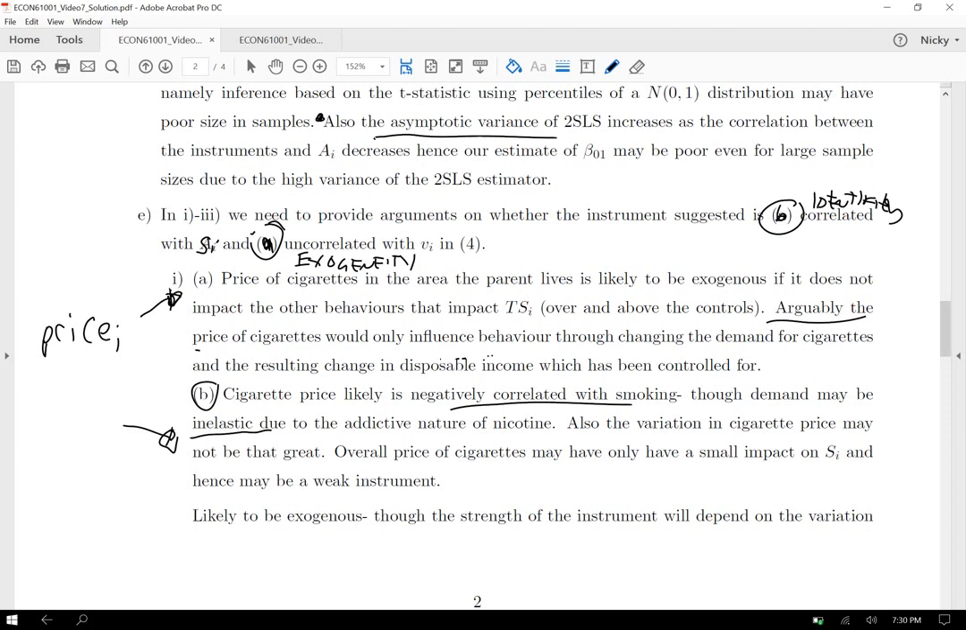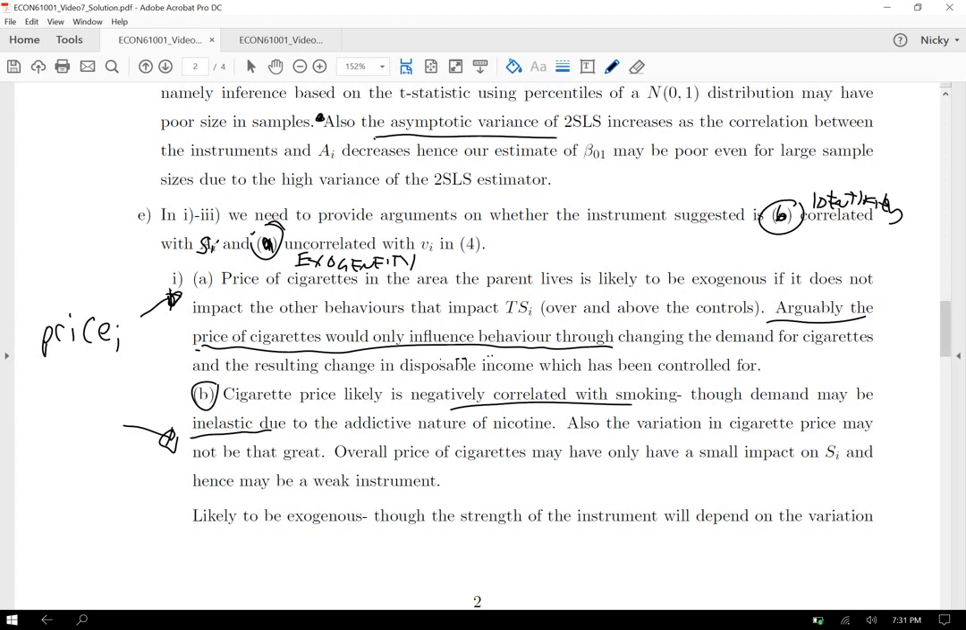So, do we think that the price of cigarettes is exogenous? Well, you could argue the price of cigarettes would only influence behaviour of the parent through how it changes their smoking behaviour. All these other control variables, they're controlled for. What this is saying is, we don't think it's likely that the price of cigarettes would affect the stability of the household. It's unlikely the price of cigarettes would affect their parenting skills and so on. And especially given that we've controlled for the parental income,